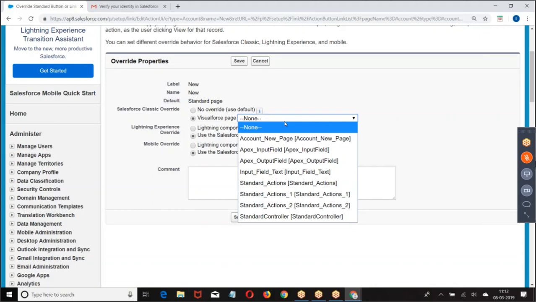If I want to modify any one of the standard buttons, I can modify it with only those Visualforce pages whose standard controller equals account. So if you want to modify the button on the account, or create my own button on the account, the VF page should use standard controller equal to account.